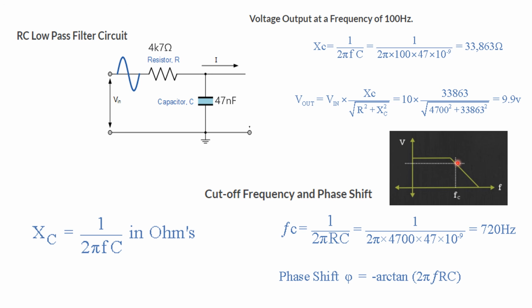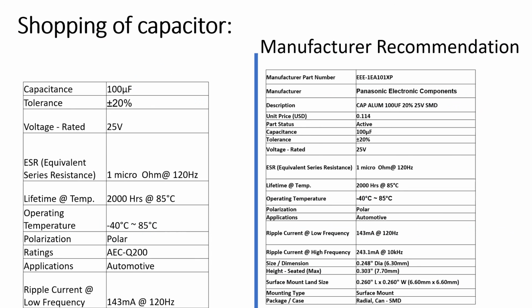designer for their application. So how do you now do the swapping of capacitors? Basically, first as I discussed, you have to design what value of capacitor is required, then what tolerance is okay as per your application, and then what voltage rating, meaning what voltage you are continuously applying to the capacitor, and then what is the equivalent series resistance, and what lifetime you are expecting. Suppose it is 2000 hours at 85 degrees C. If this capacitor's lifetime is 2000 hours at 85, but if you are operating at 25 degrees centigrade, it may be 10,000.